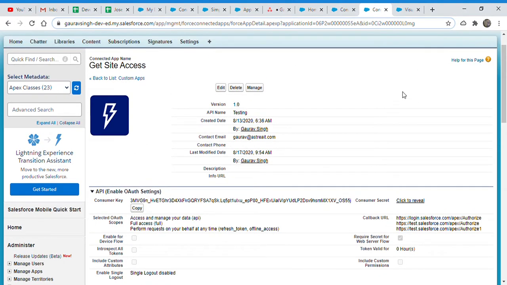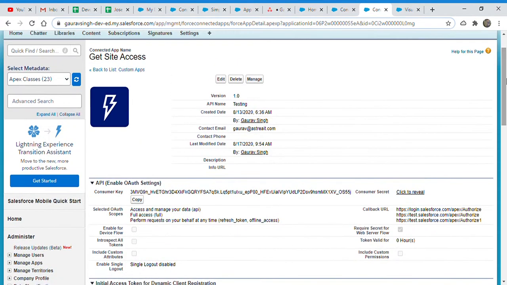Now the second thing is that you said we still cannot use login.salesforce.com and test.salesforce.com, this thing. So with the first option, he can just ask us to add the callback URL. Second thing is that even if we add this connected app in our package, he cannot edit this connected app. The subscriber admin cannot edit this connected app.